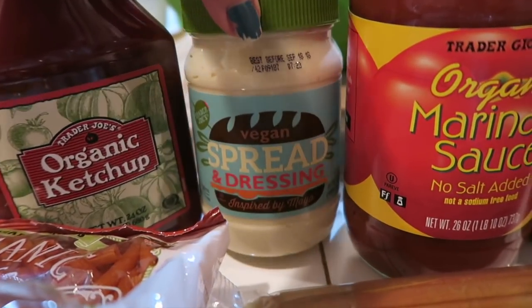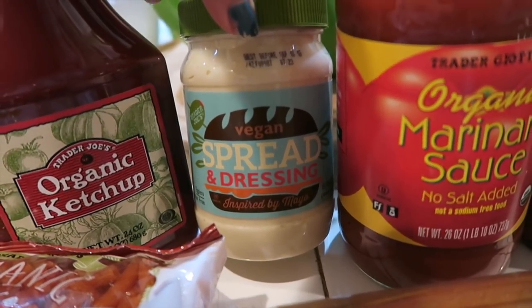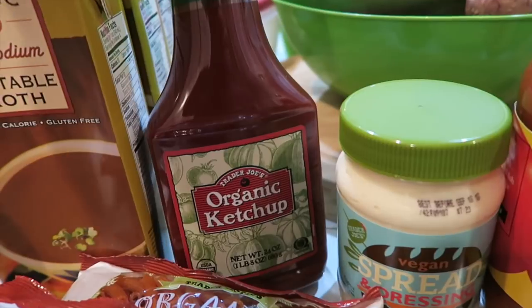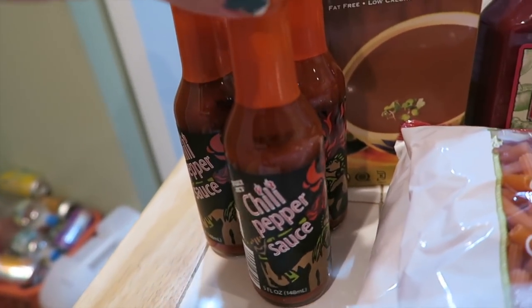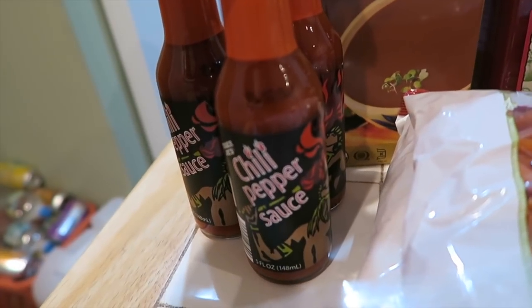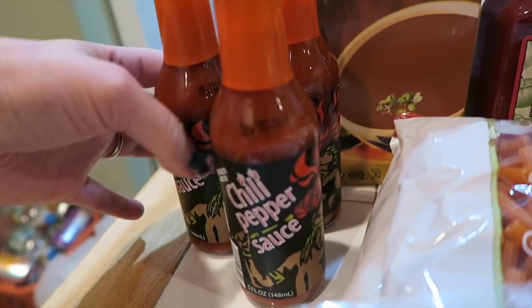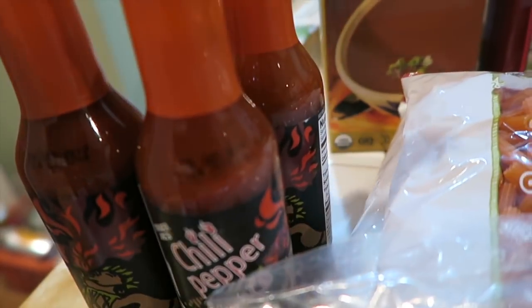And we got some vegan mayo. Trader Joe's vegan mayo is delicious. Some ketchup. 3 things of this chili pepper sauce. So happy that Trader Joe's has this back in stock. It is so good, and it has no sodium